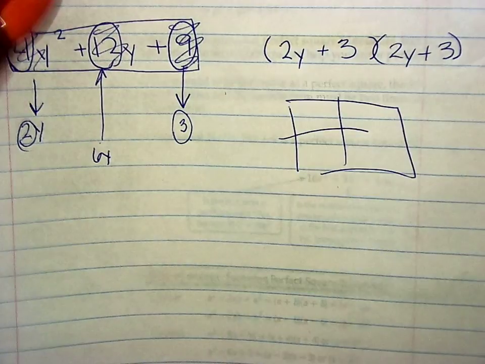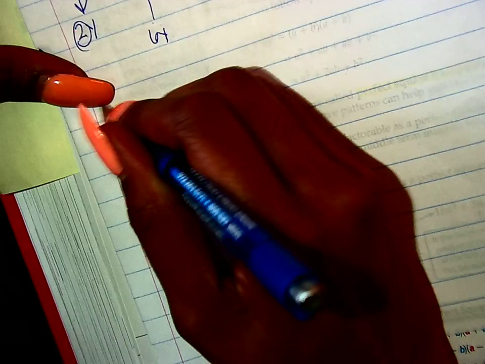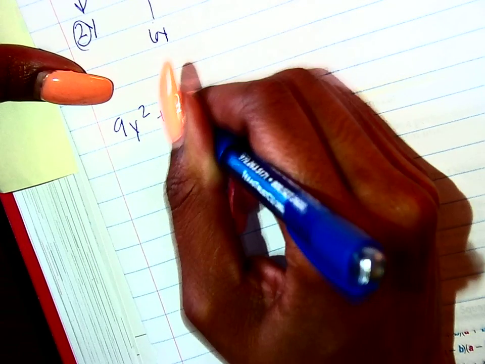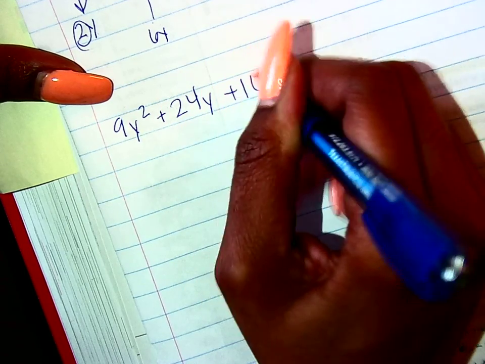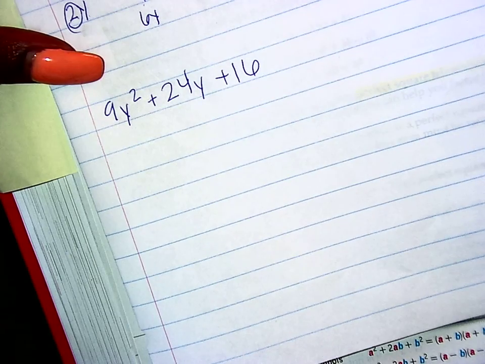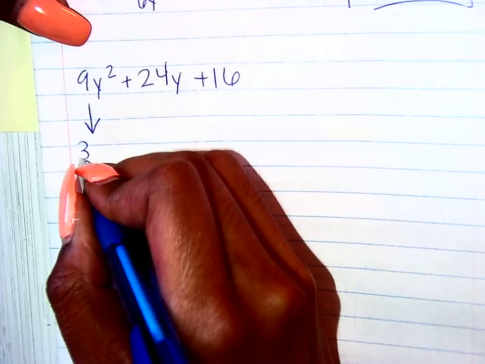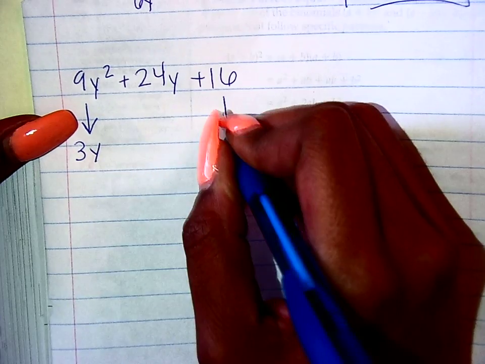Let's do another example. Nine y squared plus 24y plus 16. What's the first thing we check? Is this a perfect square? What's the square root of 9? Square root of y squared? Y. Is 16 a perfect